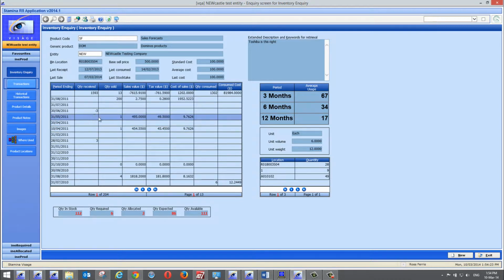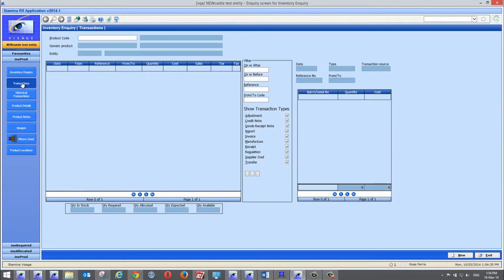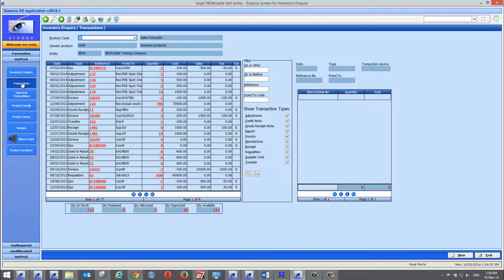If we have a look then at, say, the transaction page, I can see that I have a number of pages of information associated with my products here. So if I come across to the transaction page, I'll get to see the current transactions pertaining to this particular product. Here I'll see everything in terms of ins and outs. So I can see this product was sold through point of sale, it's had some stock adjustments, there were some invoices, there was a goods receipt, there was an invoice, the quantities involved in each of these,